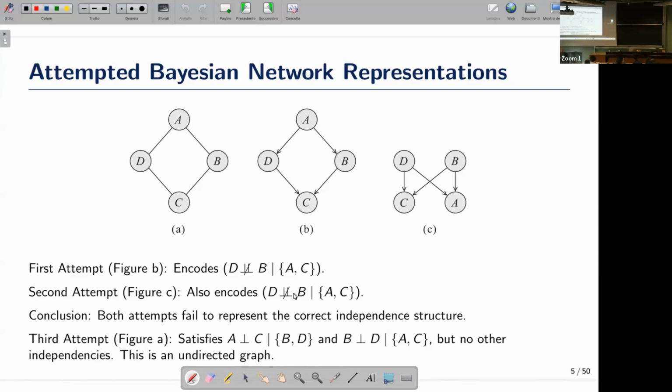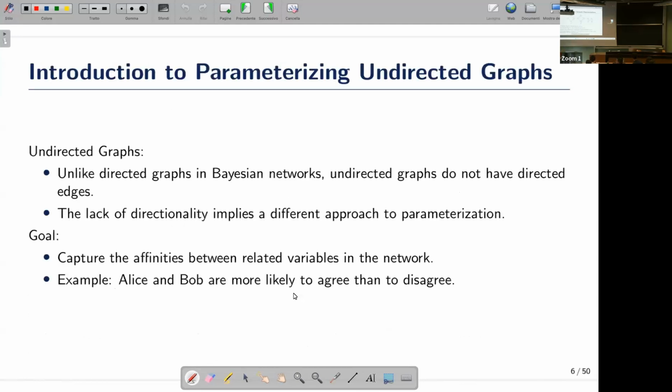That one is the factorization. Now, the product of these factors is not a probability anymore. Like before, we said we have conditional probabilities, we multiply, that was the joint, right? But here, the product of these factors is not a probability anymore. So we need to divide